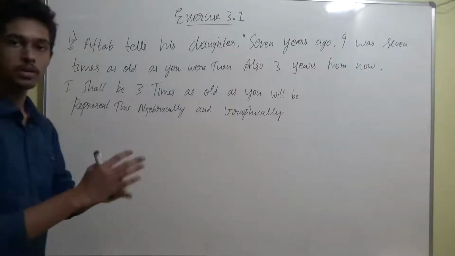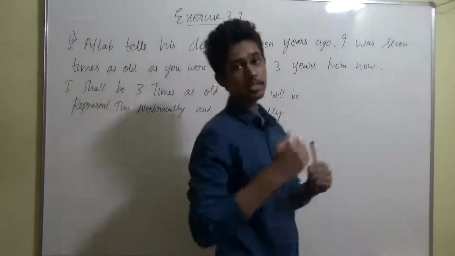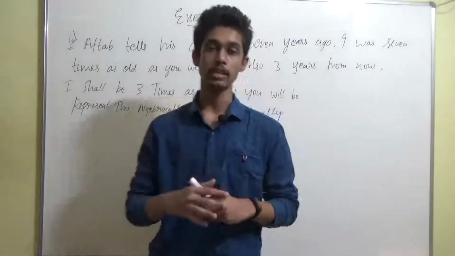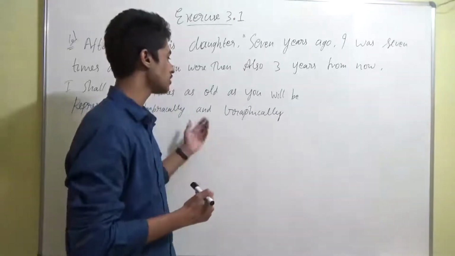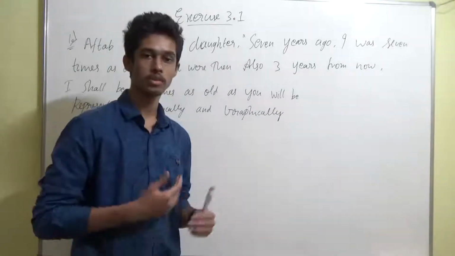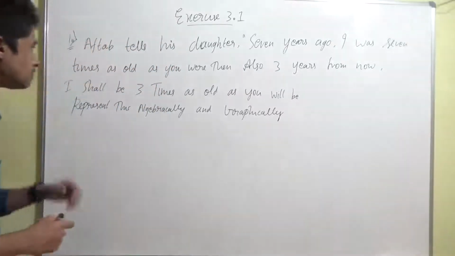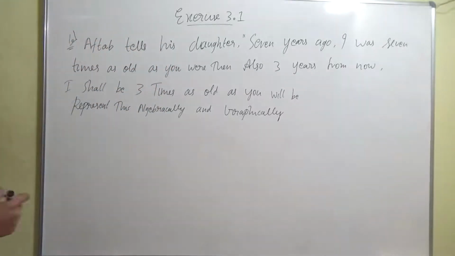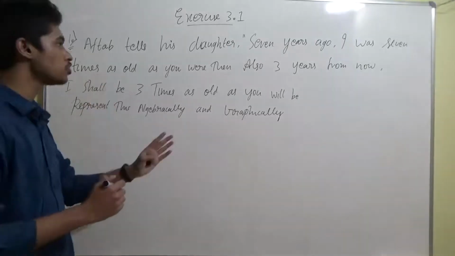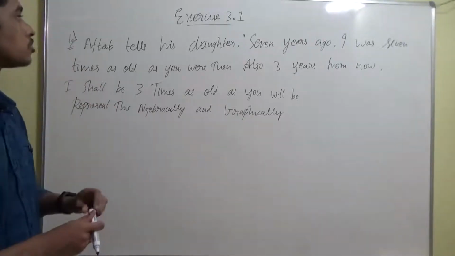Yeah guys, so in lecture 1 we saw that they will give us the conditions, and from those conditions we have to derive the algebraic expression, and then from the algebraic expression we can do it graphically. That becomes the graphical representation of the pair of linear equations. So first let's see what the conditions are, guys. The first step is that we have to assume the variables, right? So let's start assuming the variables.